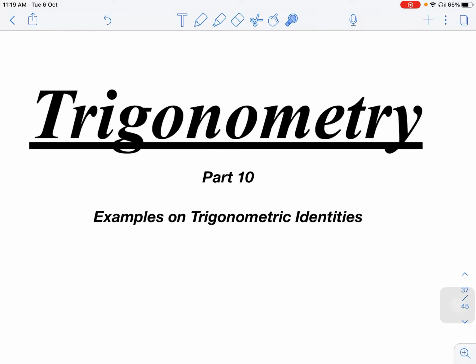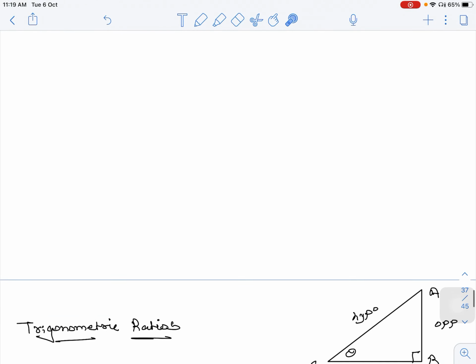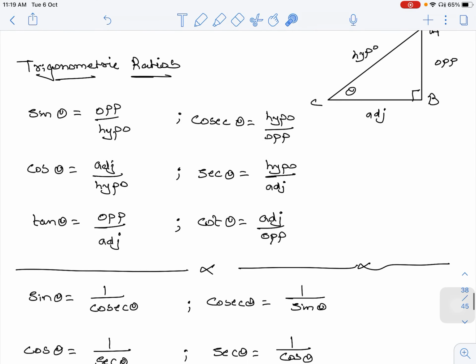So hello students, today we are going to learn part 10 of trigonometry of class 10. Now in this part we are going to solve some examples on trigonometric identities. Before solving these examples, let us revise up till now what we have learned